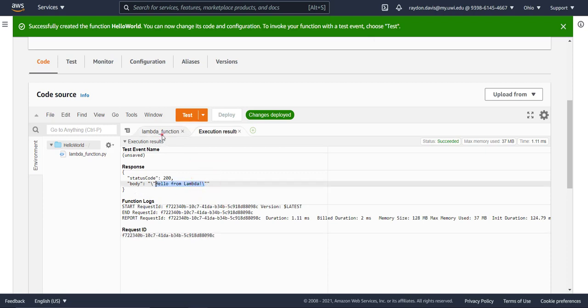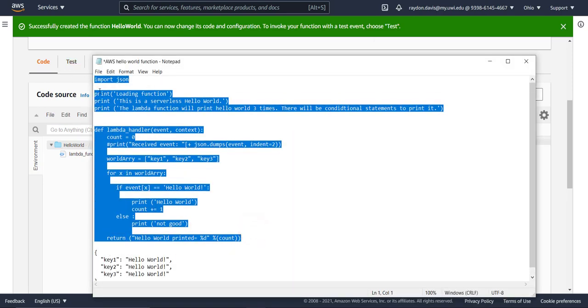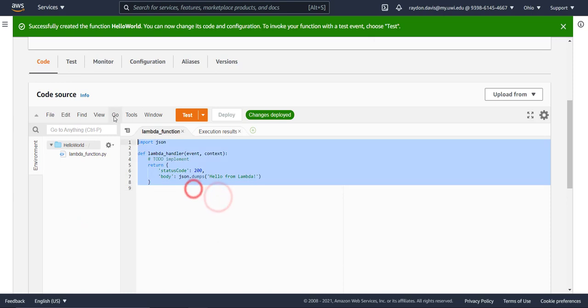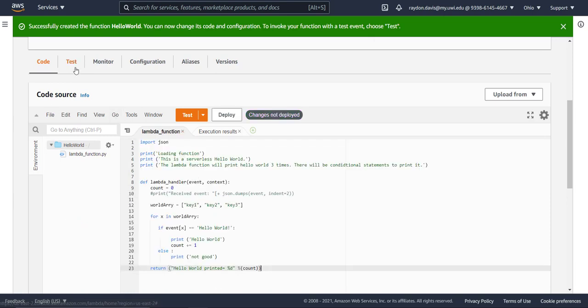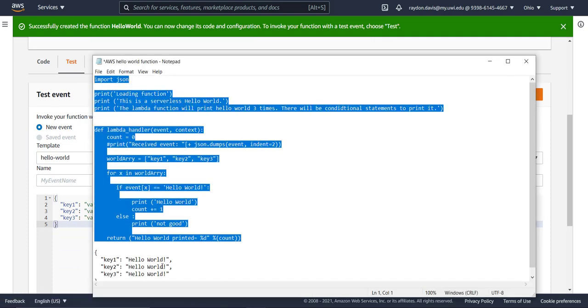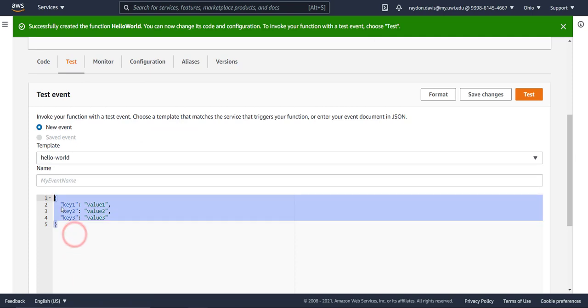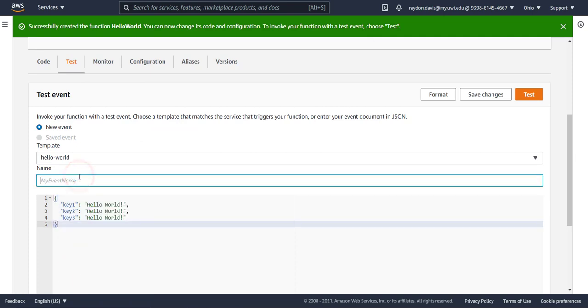All right, so now I'm going to just modify this code. All right, paste it here, and then of course I'm going to modify the test data as well. So now I'm just going to change the test data, right, and then give my test event a new name. So hello test, right? Again, no spaces. Then I'm going to click save changes,